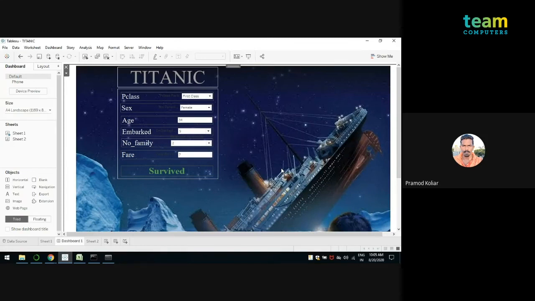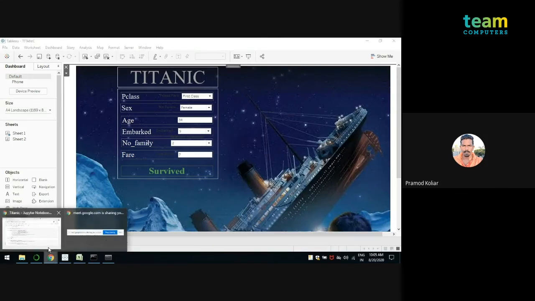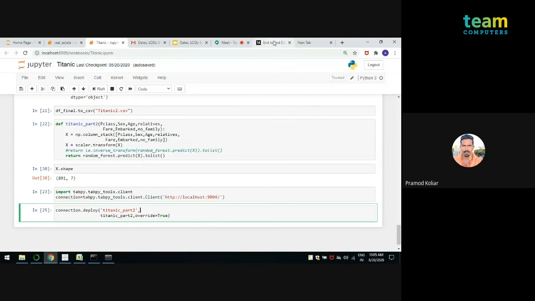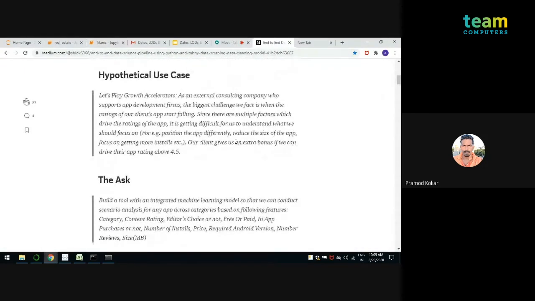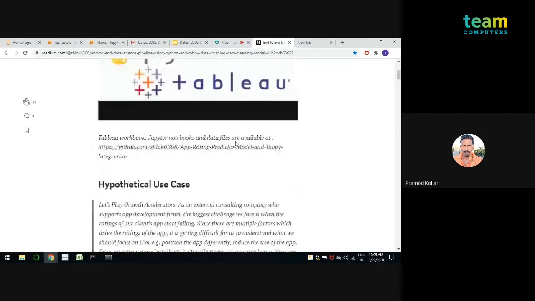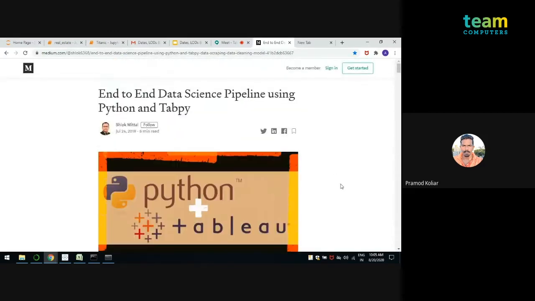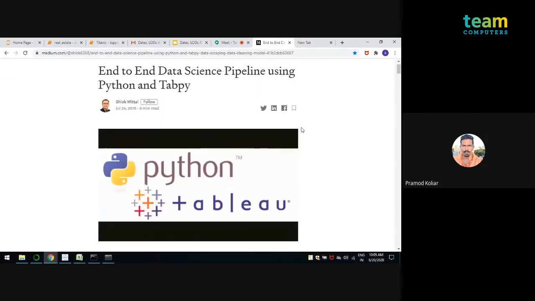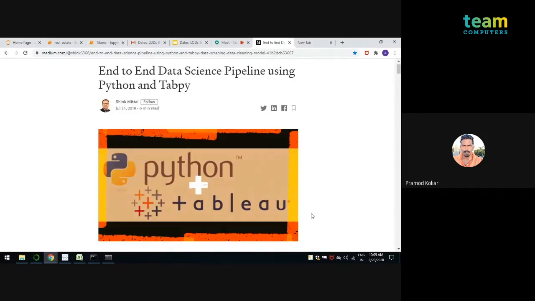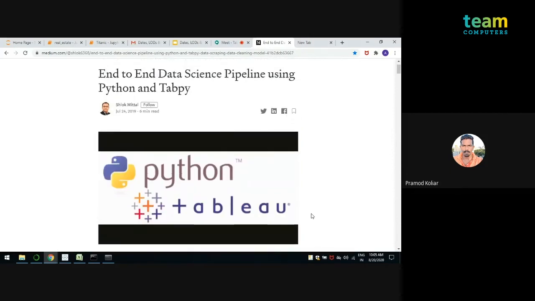But Tableau gives you a platform by the name RServe if you are an R user, and TabPy if you are a Python user, to bridge the gap to perform your analysis. As you saw in this session, we connected the Python server and performed our linear regression here. In this way you can do your advanced analytics.